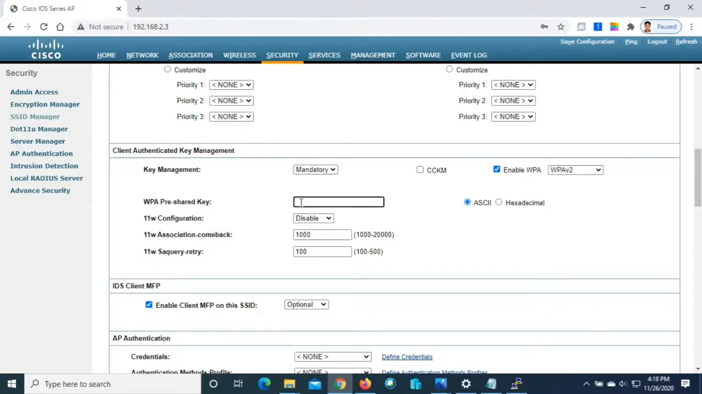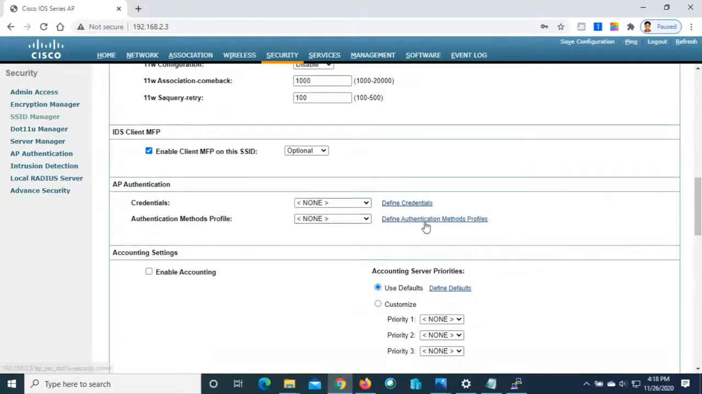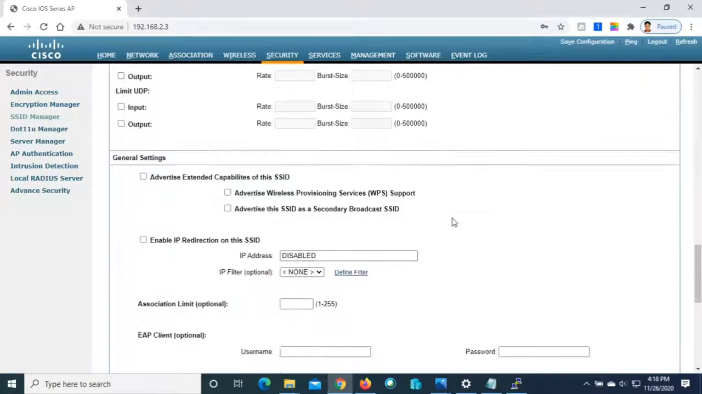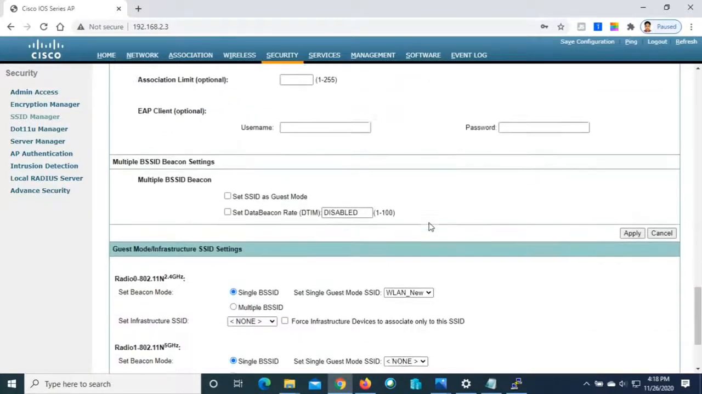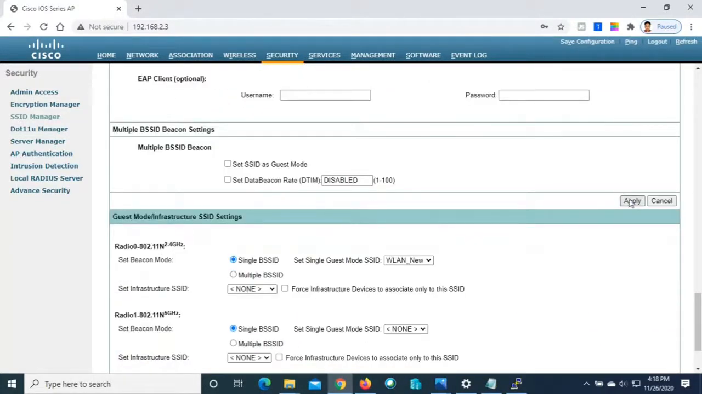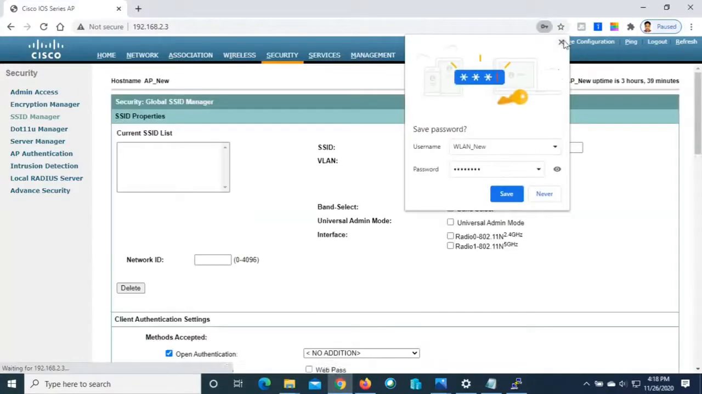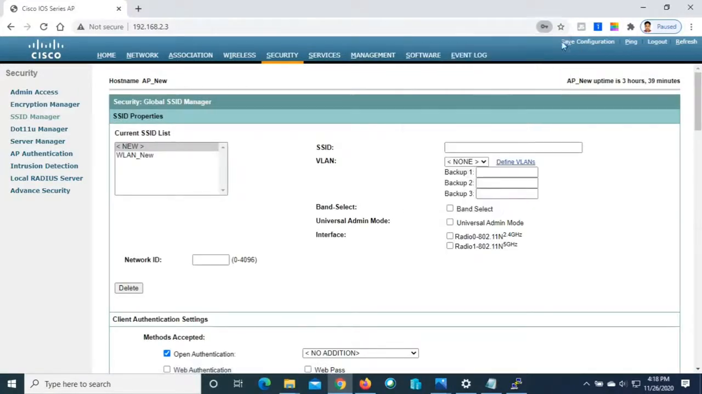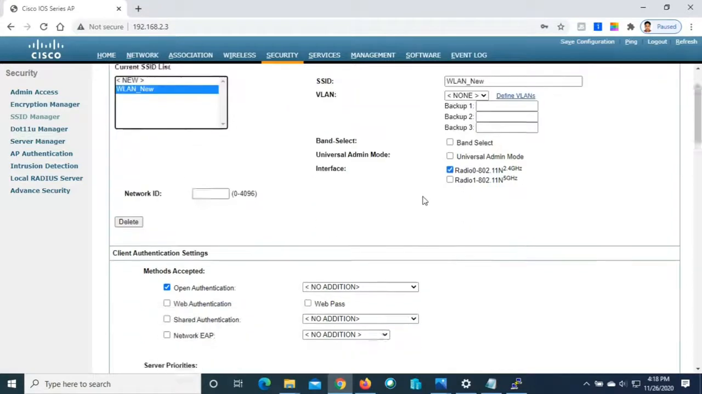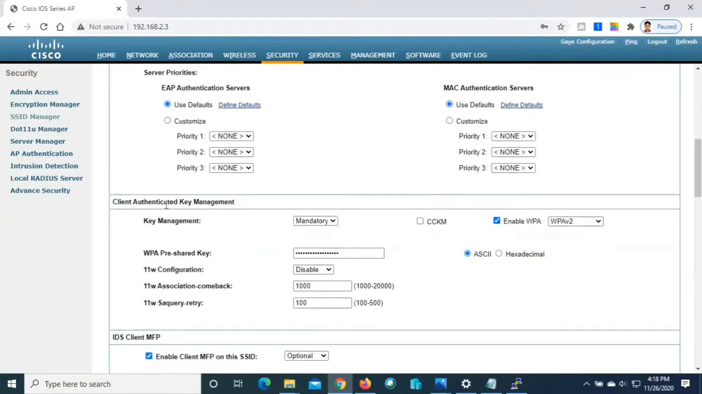I'll give the password capital Cisco 123, capital C Cisco, capital C 123, and I'll leave everything as it was by default. Yes, I'll click apply here because I haven't done any change below this portion. So press OK. Okay, it's already been applied. If we select and cross check, you can see the client authentication key management is mandatory, and it's WPA version